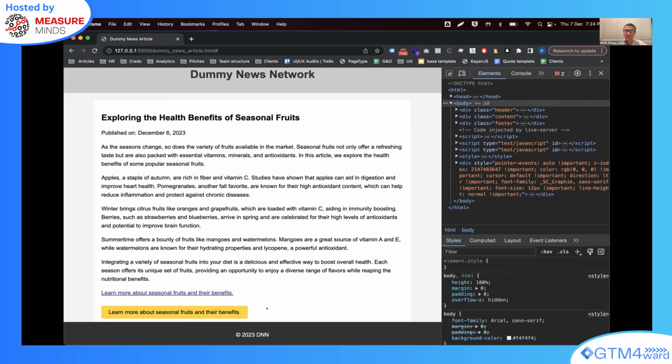So things like these could also be tested directly from Google Tag Manager in conjunction with your A/B testing tools like Firebase, for example. If you're looking for a free one, Firebase Remote Config is a good alternative for that.